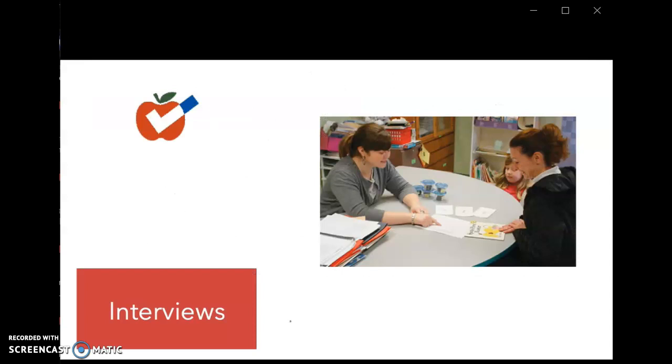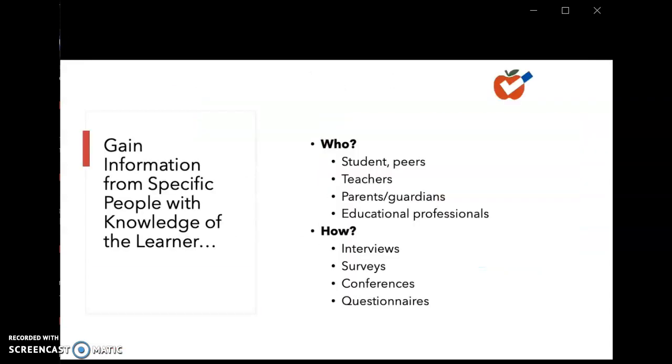Interviews. With interviews, we gain information from specific people with knowledge of the learner. And we talked about a variety of people we might interview, including the students themselves or their peers, teachers, parents